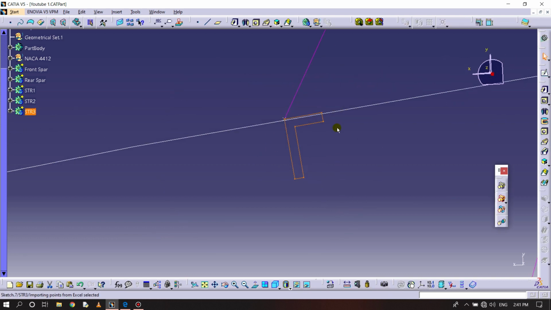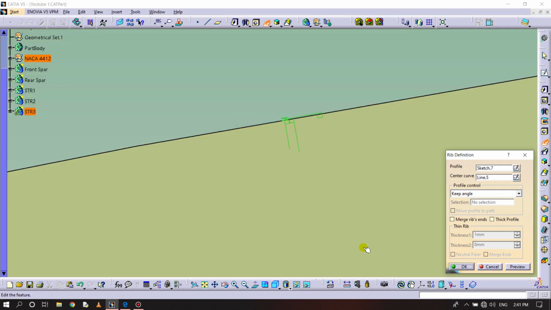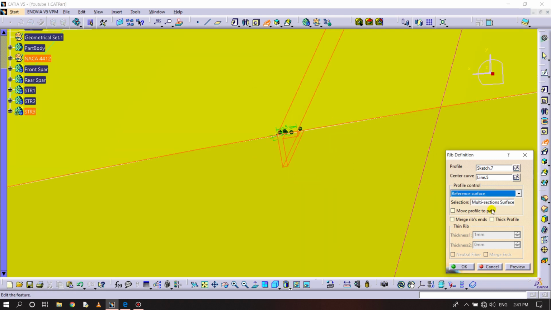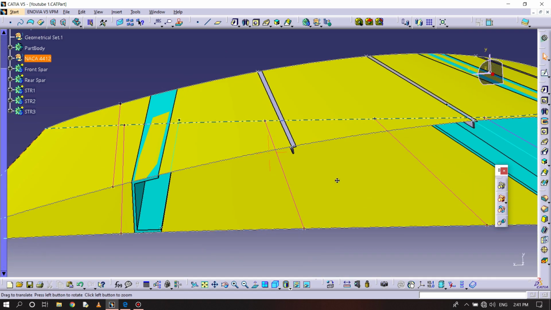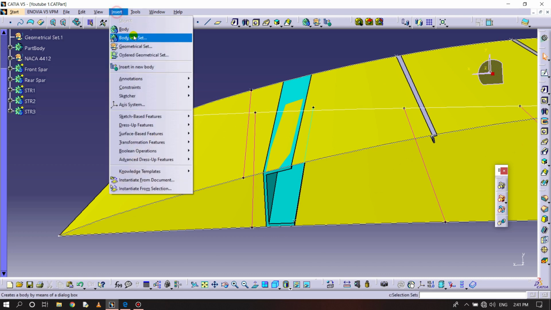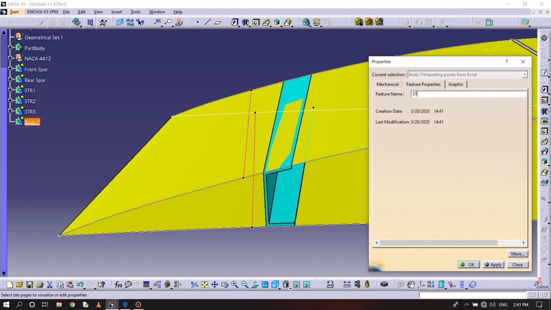Exit. Now going for the command rib, center line, unhiding the surface, and now selecting the reference surface, this. Okay, done. Again, stringer 4, insert body, properties, str4,